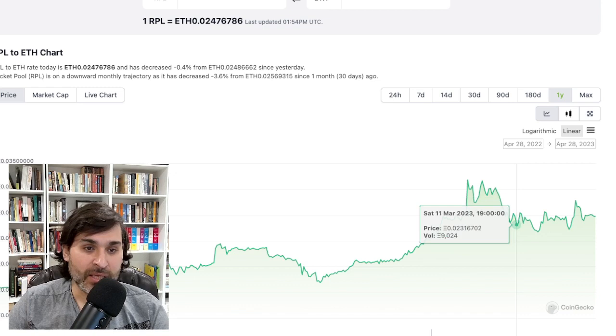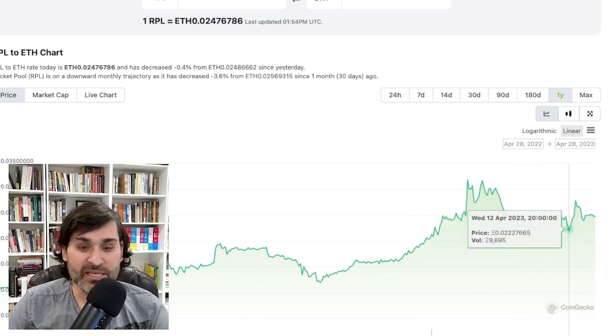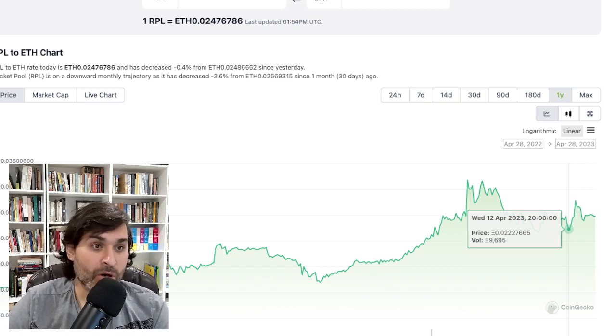Since then, it's kind of gone down, and it's in a stability phase, like crabbing or some kind of accumulation phase, whatever kind of TA language you use. But